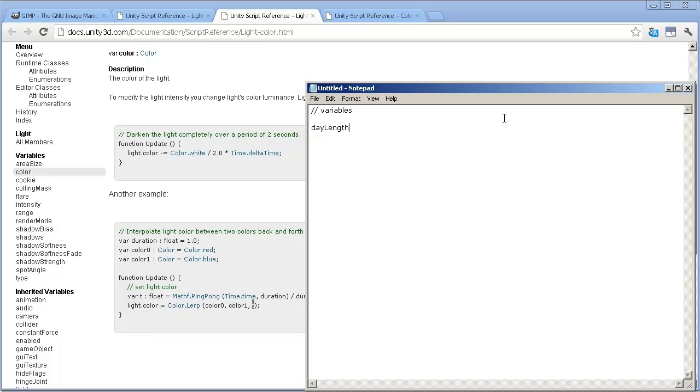So, day length is 300 seconds, right? 60 times 5 equals 300 seconds. Let's just assume we start at dawn and then end just before dawn of the next day. We'll deal with that later. So I guess